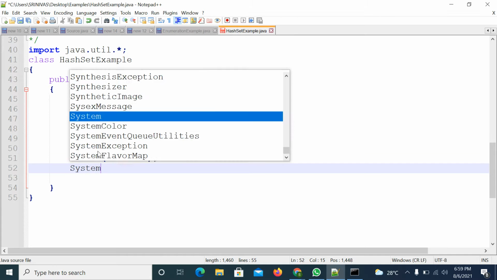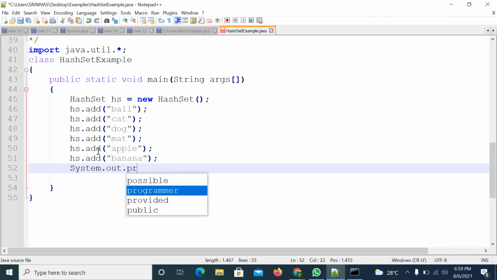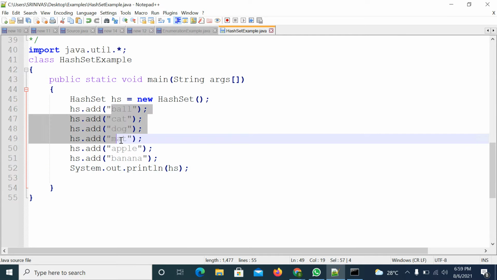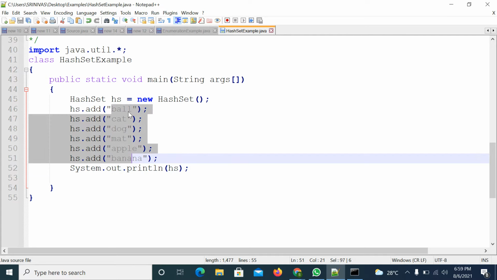Now I am trying to print that, so println. I am trying to print the hash table data. Now observe, I added in this way. So will it maintain the added order or not?